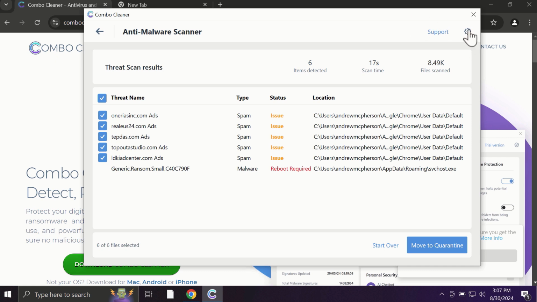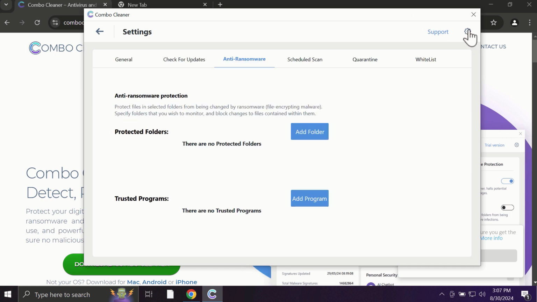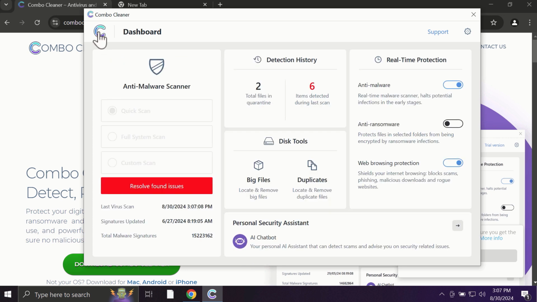With premium license, for instance, there is an excellent anti-ransomware feature which helps to always keep your data protected. You can add certain folders on your system, and the contents of these folders will always be under protection against ransomware attacks. And Combo Cleaner works exceptionally well when it comes to identifying contemporary threats like adware,